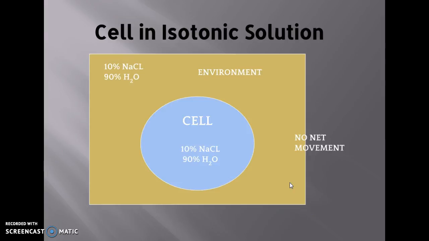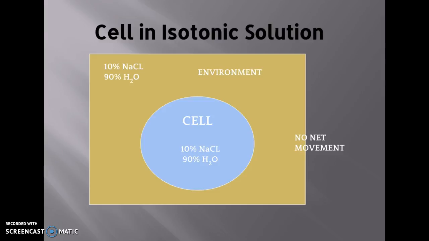This idea of osmosis becomes extremely important if we're talking about our body. If you've ever had an IV given to you for fluids, it's important to know the chemistry behind this, because if they give you the wrong type of solution, it could cause your cells to burst or shrink, and you become dehydrated. So when we're looking at a cell, there are three types of solutions we can